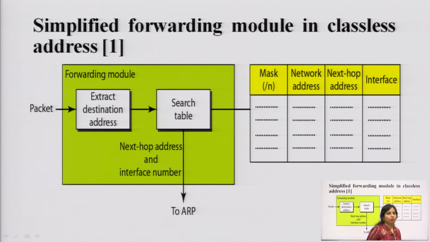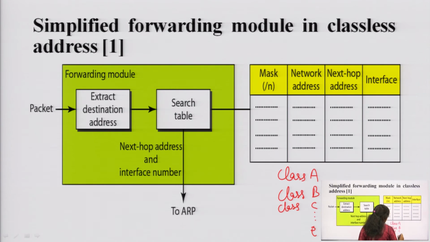Now, next we will move to the simplified forwarding module in classless addresses. In the previous lecture I discussed the different types of classes, that is class A to class E. There are 4 bytes, like class A, then class B, class C up to class E. So, basically there are 5 different classes, and these 5 classes are described for IPv4 and IPv6 addresses, that is denoted by dotted decimal, or you can also use the hexadecimal notation,